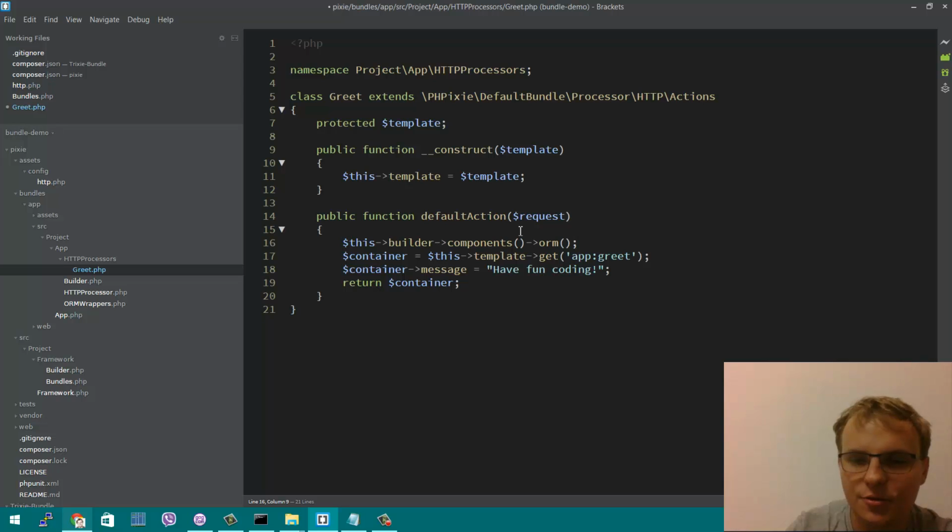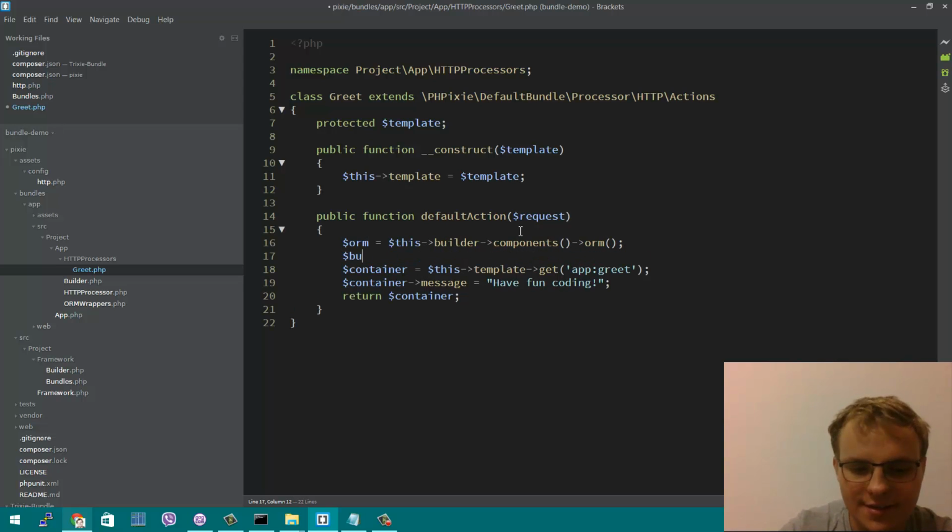That would be how you usually access the ORM component. Now you can access the bundles component in the very same fashion with this builder components bundles, and from there you can get any registered bundle just by doing this bundles get